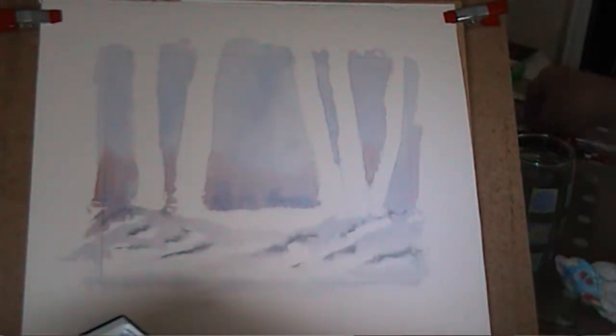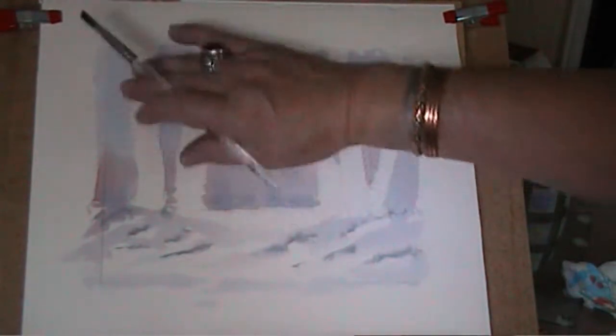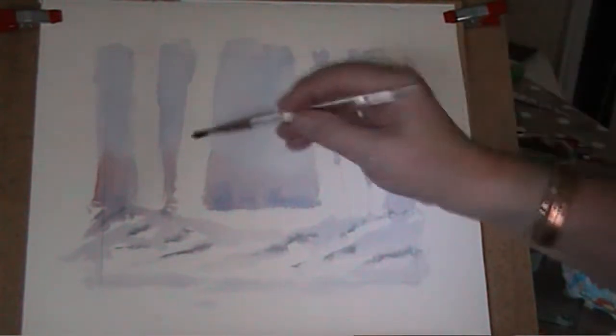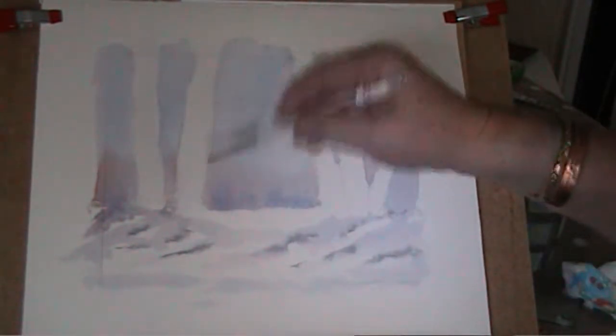And now what we want is another brush, just to put clear water on these trees. Make sure it's dry. I mean, you should wait a minute or two. I'm rushing. Just clear water on that tree. Just clear water on. And on this, clear water. It's quite a simple,